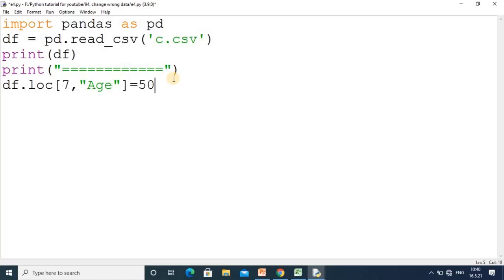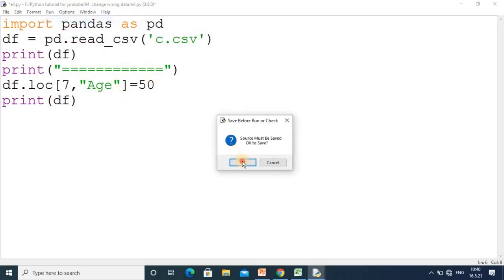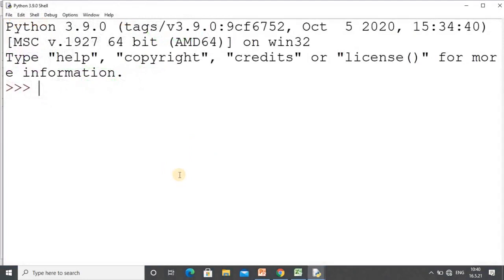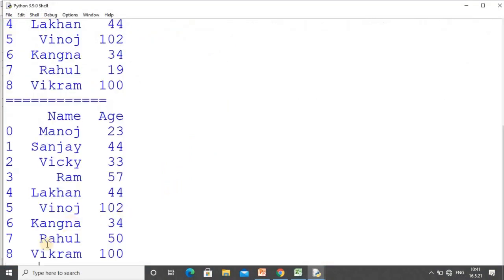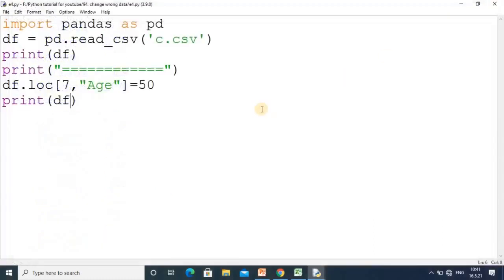Suppose I want age 50. Now you have to print that by using a print statement, and we will check the output. It should come 50 for the record 7, the index position 7. You see index position 7, now Rahul's age is changed. In this way you can do the data correction.